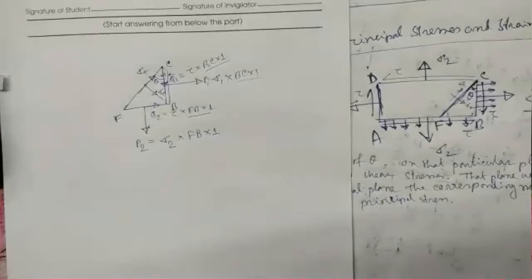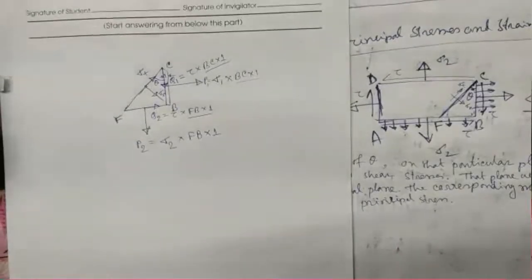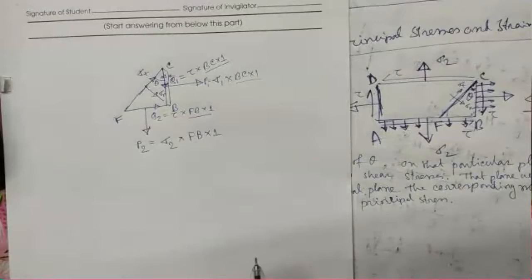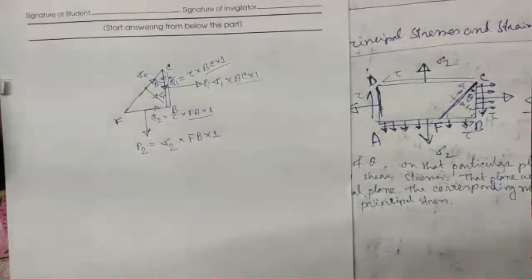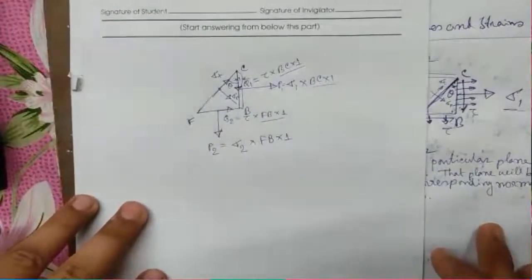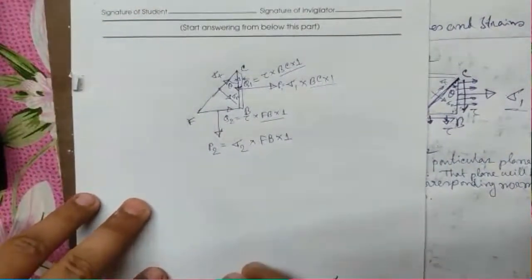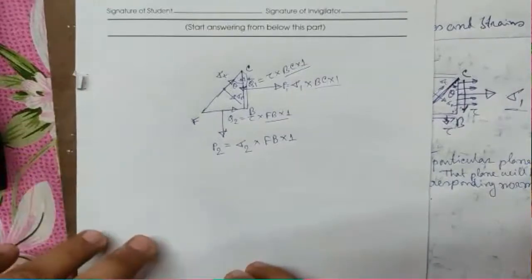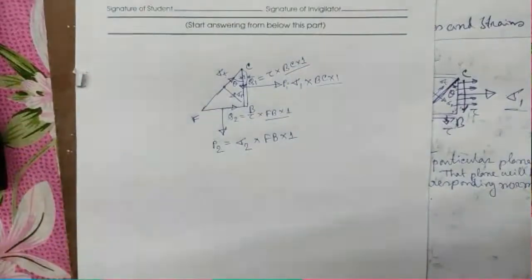Okay, so now we go for the analytical part. Very easy. The forces we have found out, P1, P2, Q1, Q2, are known. Now the total normal forces along this normal direction of CF, we have to find sigma n and sigma t. So we will have to find out the forces along sigma n and along sigma t.